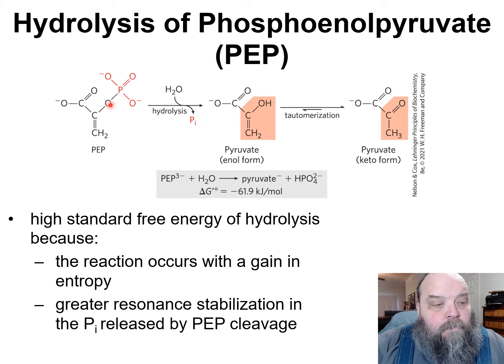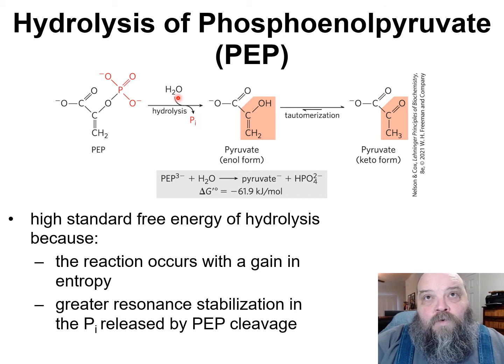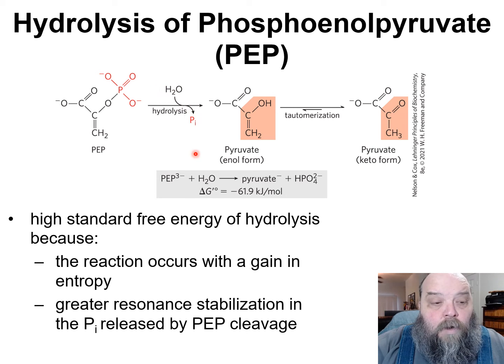2 hydrogens. Middle carbon, C2. Oxygen, phosphate group. This oxygen will become a carbonyl, but this phosphate group has to go. Hydrolysis, remember, to remove phosphate, we're going to have some form of a hydrolysis reaction, so we need to bring in water. So we bring in water, this oxygen will make a nucleophilic attack on that phosphate, which is acting as the electrophile, so it strips it off, it has its 4 oxygens, it's released as an organic phosphate, and then you end up with